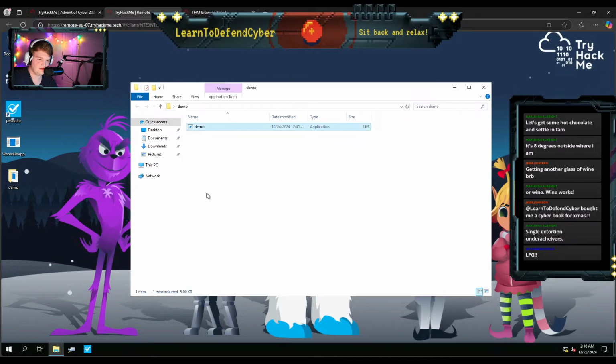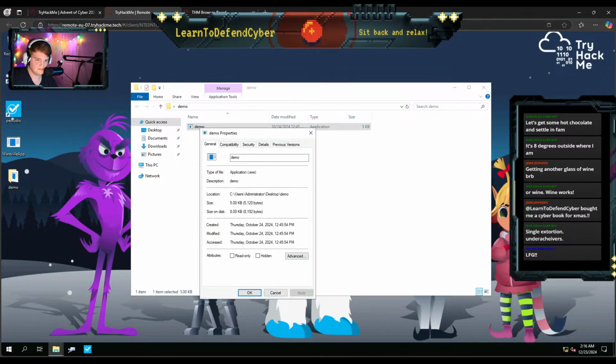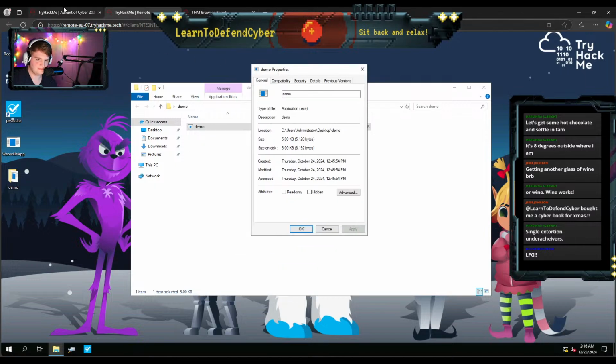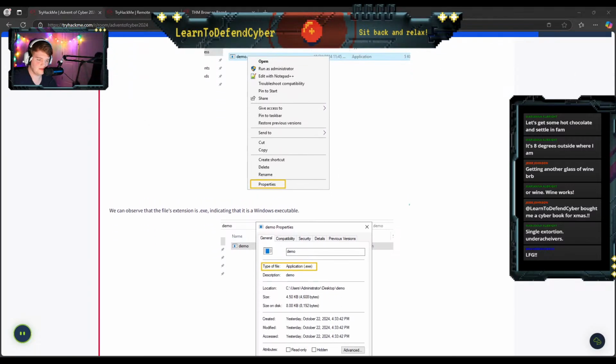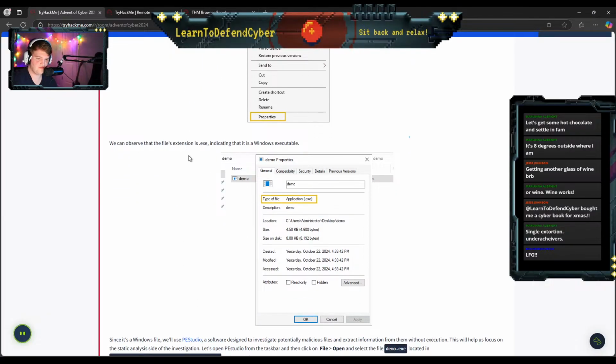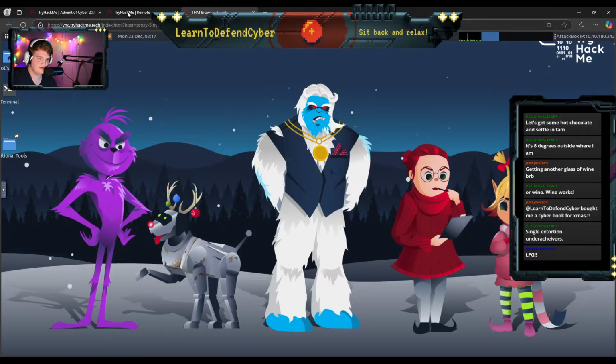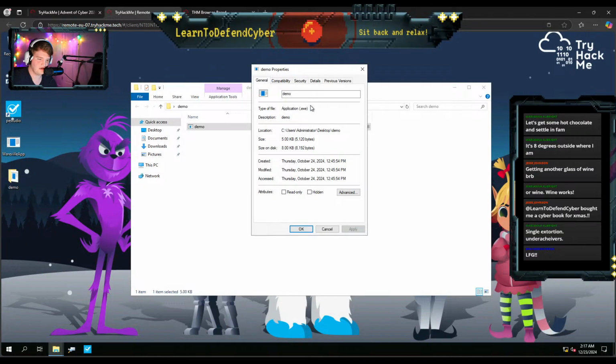Right-click, go down to properties. We can observe that the file's extension is .exe, so it is an executable right there.